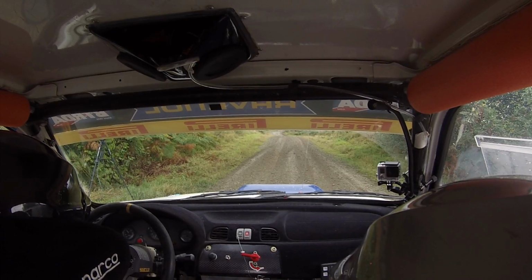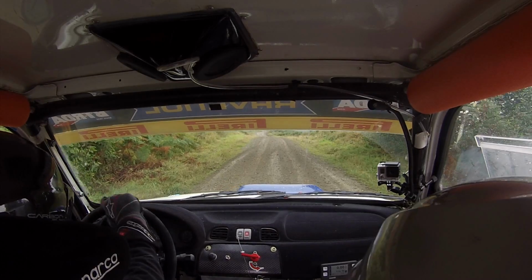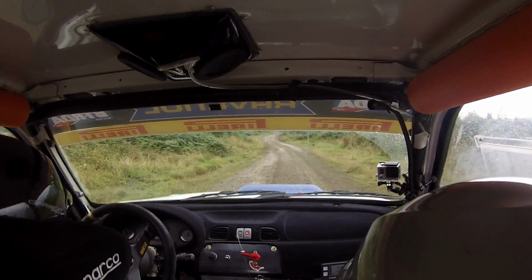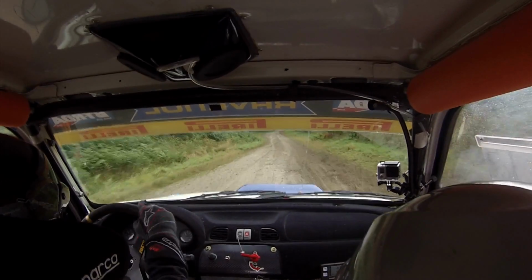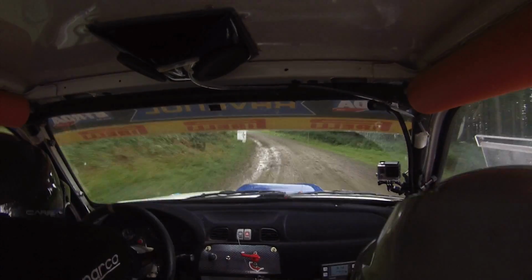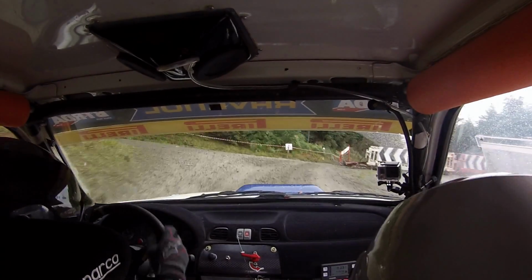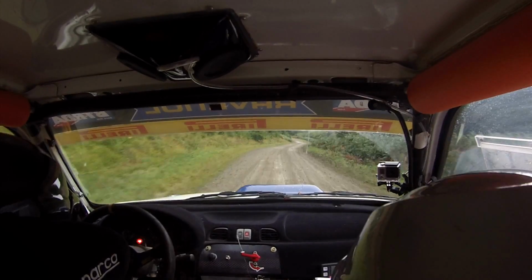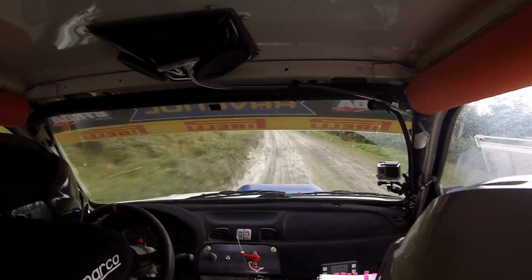Flat 5 left. 5, 4, 3, 2, 1, go. 200, flat right, into flat 5 left. C60, chicane, right entry. Flat right, 40, flat left very long, into flat right, and 5 right over crest, stay in for 4 left,